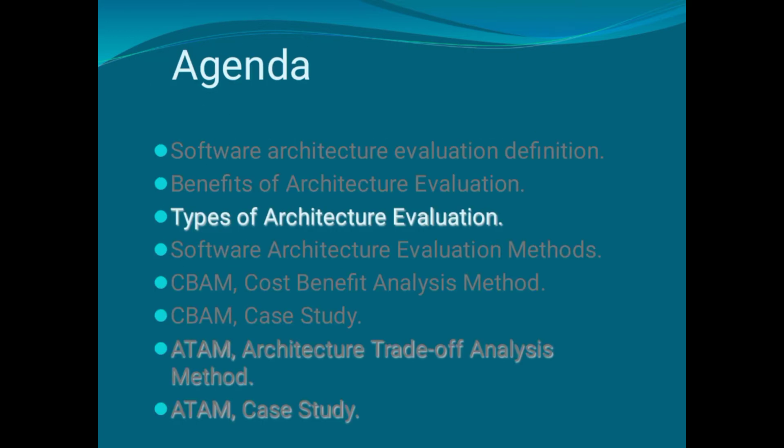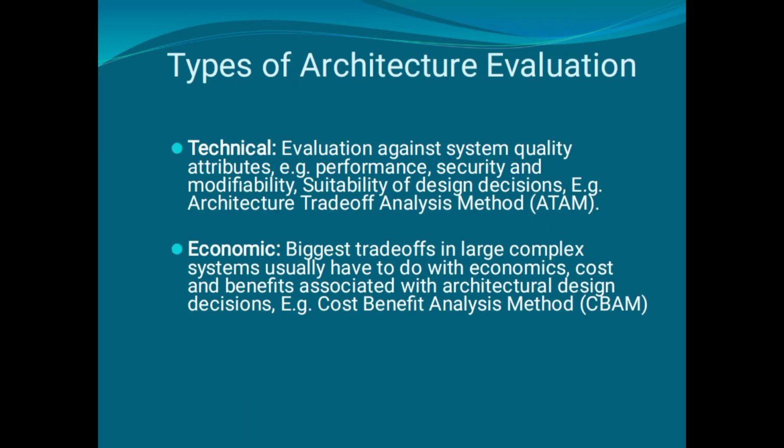Now, next topic is types of architecture evaluation. What are the different types of architectures we are having? See, technical evaluation against system quality attributes. In this, we have technical and economic. See, in technical, evaluation against system quality attributes, that is performance, security and modifiability,